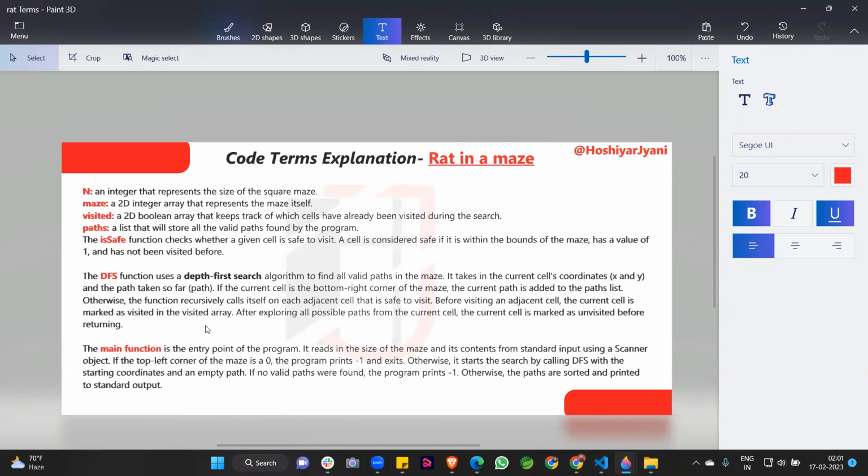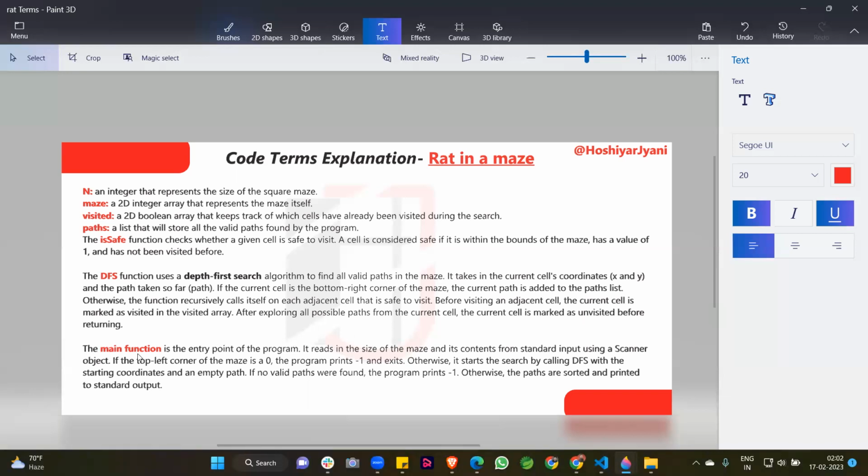At that time we are setting the visited value to false at the revisited place. Because the current cell is marked as unvisited before returning, when we return from this position we mark it as unvisited, because we change our path since there is an obstacle in front of us.